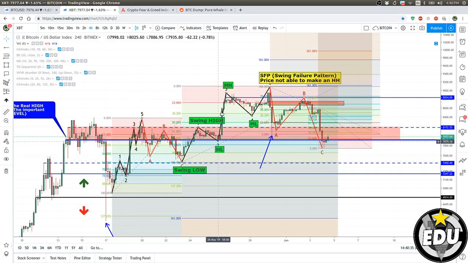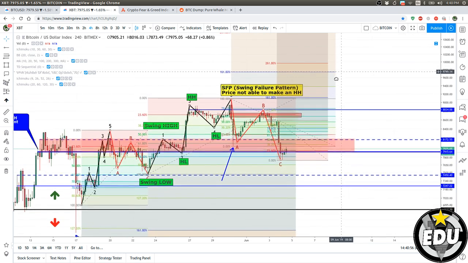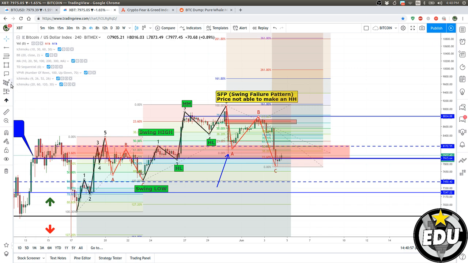Then we have another one that was not beautiful. I didn't really like this as much, and it failed. It didn't complete 5. But you know, 1 doesn't intersect 4. Third is the longest. It still follows all the rules of Elliott wave and ABC correction. So can it do another one? But yes, if it does another one,